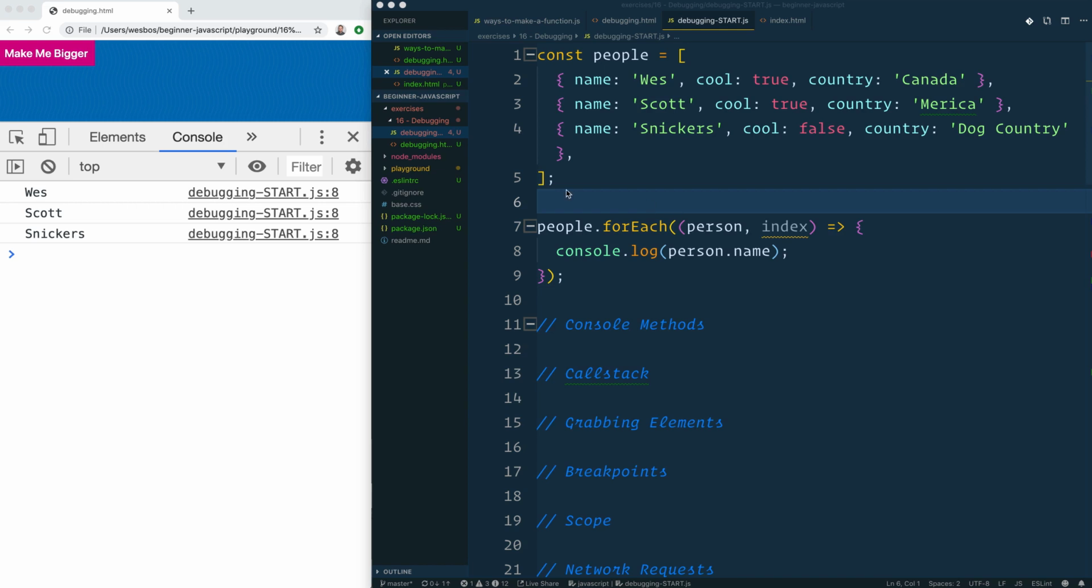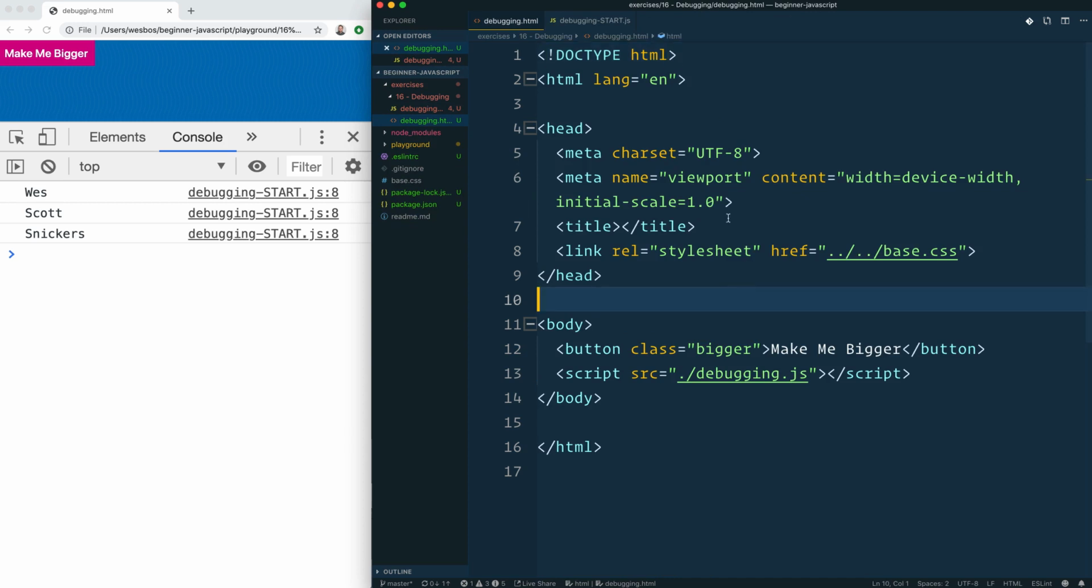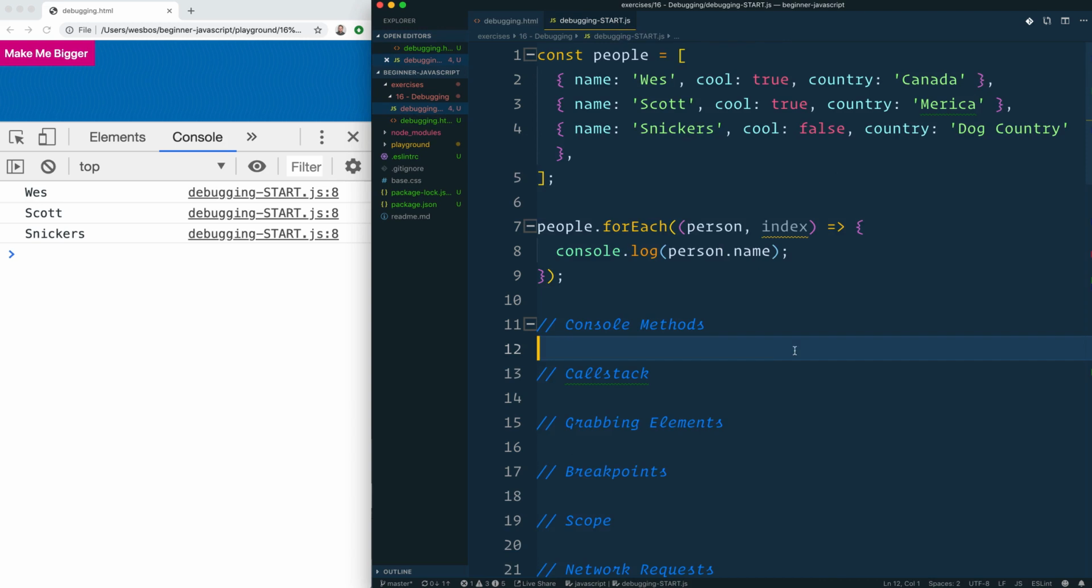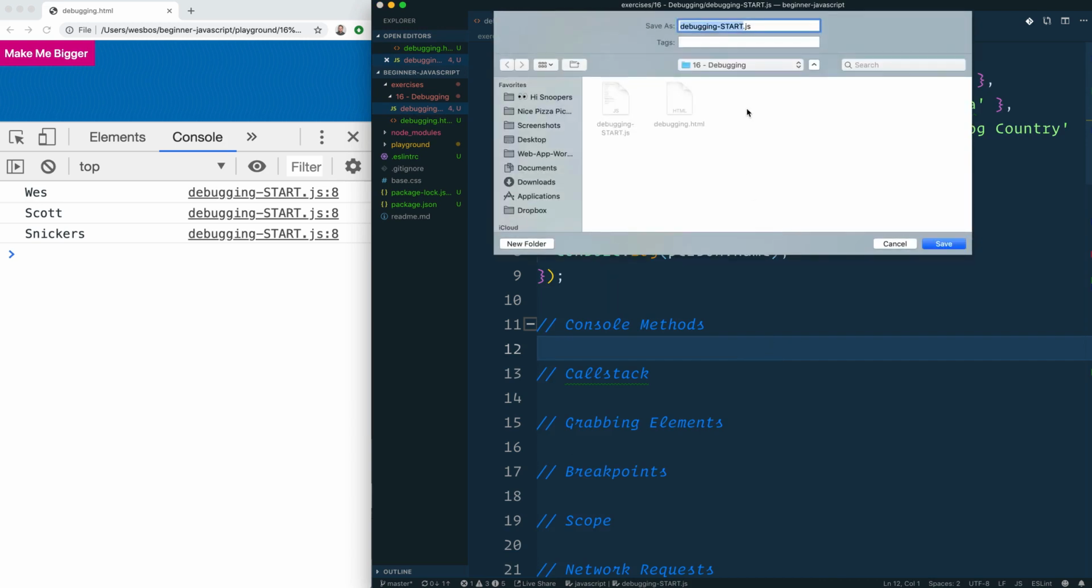So what I want you to do is go into your exercise folder. There's a folder 16 debugging. And inside of that, there is a debugging-start.js and a debugging.html. If you look at the debugging.html, pretty simple. We load up our base CSS. I have a button that says make me bigger. And then I'm loading in this debugging.js. That doesn't exist yet. What I need you to do is to go ahead and save a copy of this as just